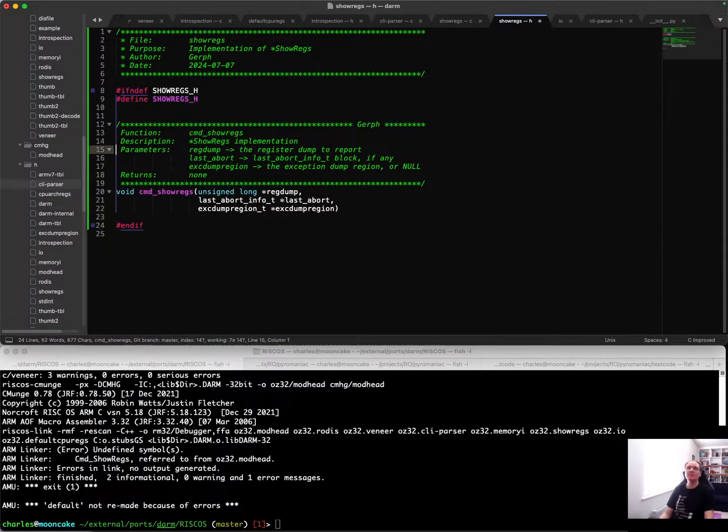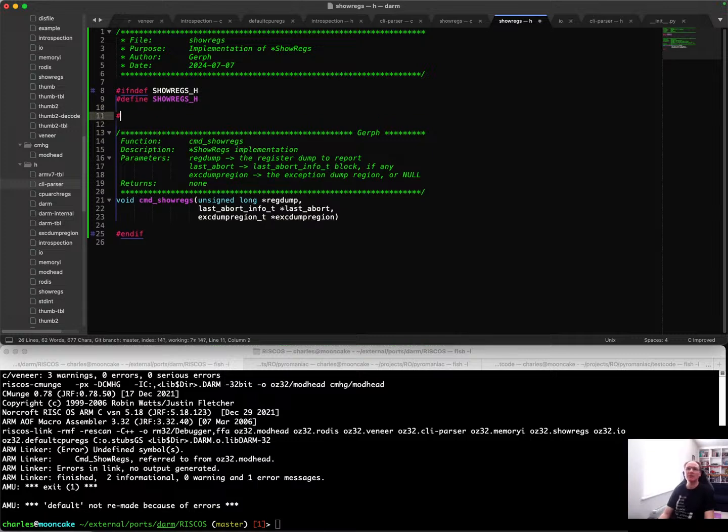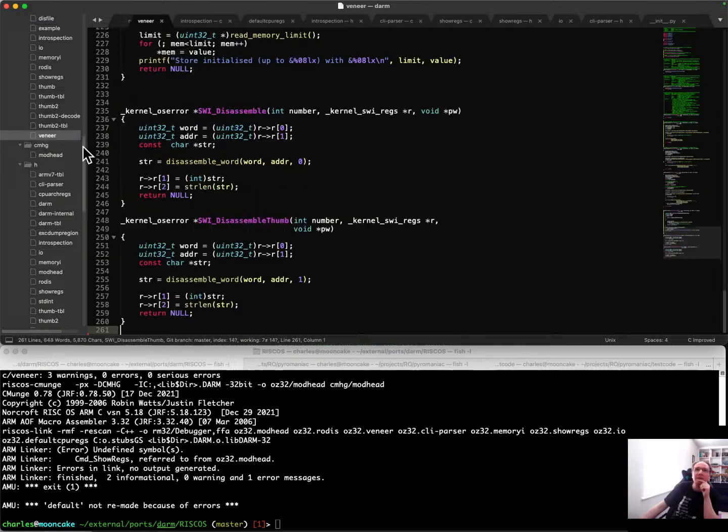And I'm using introspection.h as well because I'm using some of those types. Looks okay. Now in Veneer,